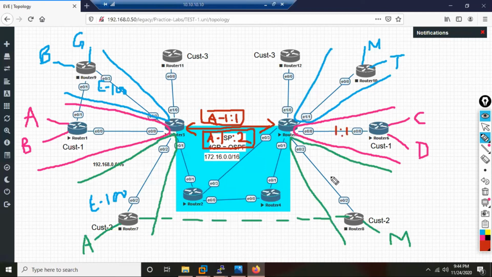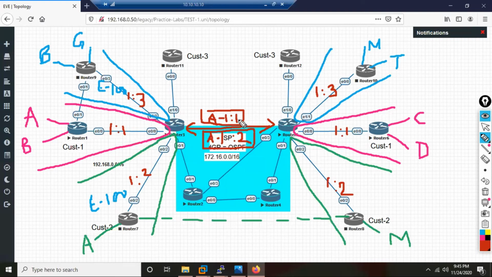1 colon 1 is here, 1 colon 2 is here, this is 1 colon 2, this is 1 colon 1, same way. So whatever I've decided, let's say this is 1 colon 3. This side also it will be same. So when R5 receives a route, it will see, okay, I am receiving a route 10. Now where should I forward? Whom should I give it? Because R5 will not come to know if it only comes as A. But now A has come with what?